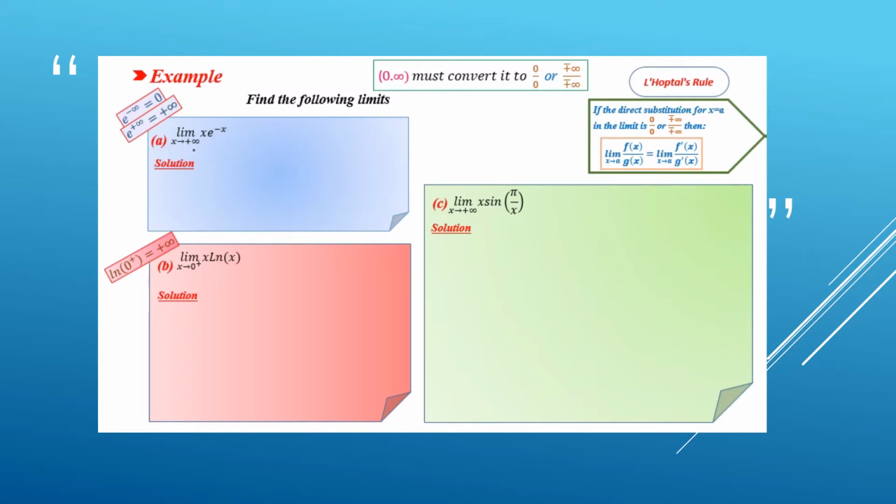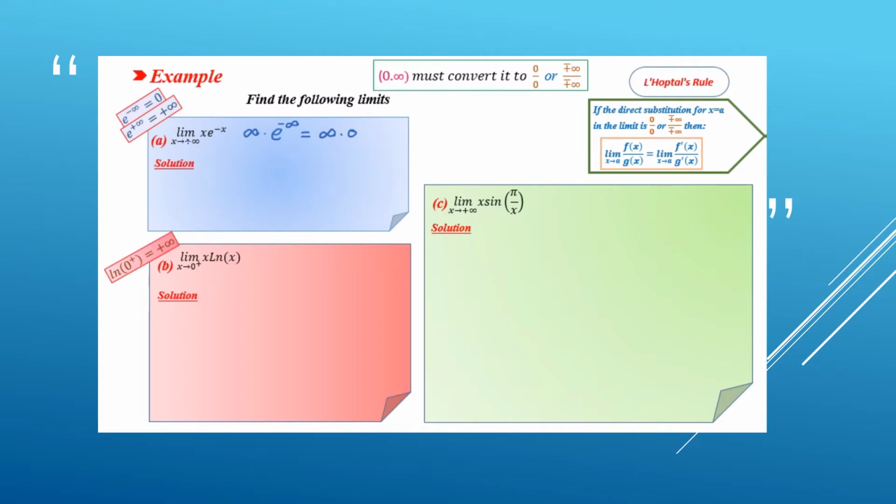In part A, you have to find the limit of x e to the power negative x when x goes to positive infinity. When you do the direct substitution, it will be infinity multiplied by e to the power negative infinity, and e to the power negative infinity equals 0. So we have infinity times 0, which is the indeterminate form. So you have to convert this limit to